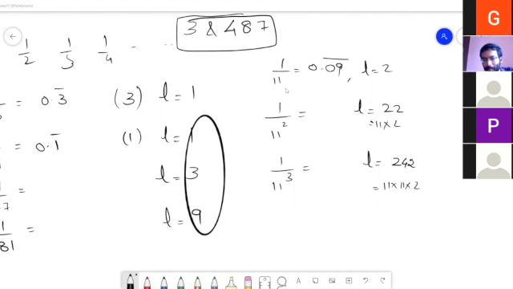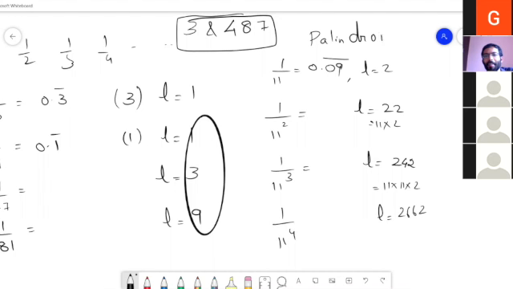Someone has done 11, that block, no? Length of blocks. The next one is for 11 raised to 4. It is 2662. Okay. I'm not getting that word. That number which reads the same both ways. Palindrome. Oh, these are all palindromes. Okay, palindrome. It's also a palindrome of 2's multiple. It is 22, 242, 2662.